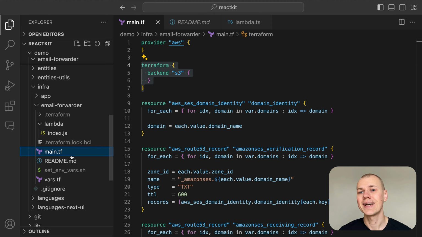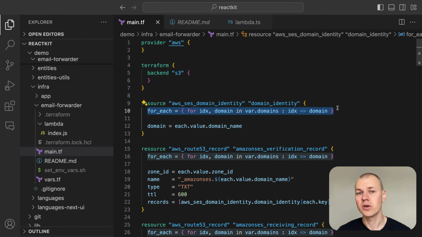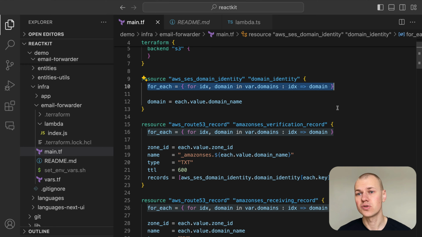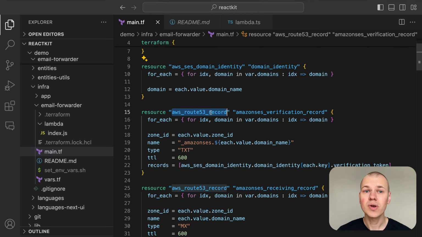First, we need to set up the SES domain identity, which is essential for proving ownership of your domain to AWS. This step is crucial because it allows you to manage email sending and receiving capabilities securely under your domain's name. This verification is accomplished by iterating over each domain in the domains variable, creating an AWS SES domain identity resource for each. Subsequently, an AWS Route 53 record resource is configured with a verified token from the domain identity to